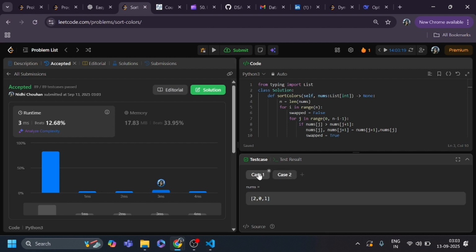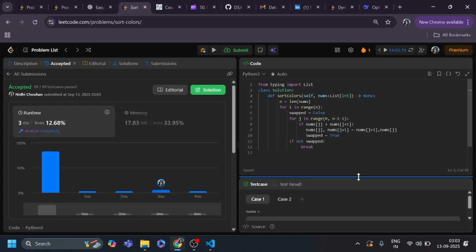Okay guys, should I explain again? Please do comment if you have any doubts regarding this problem. Here you can see this is the class and this is the function. Here I am going to pass nums as a list. Here n equals length of nums, for i in range, where i is for passes.